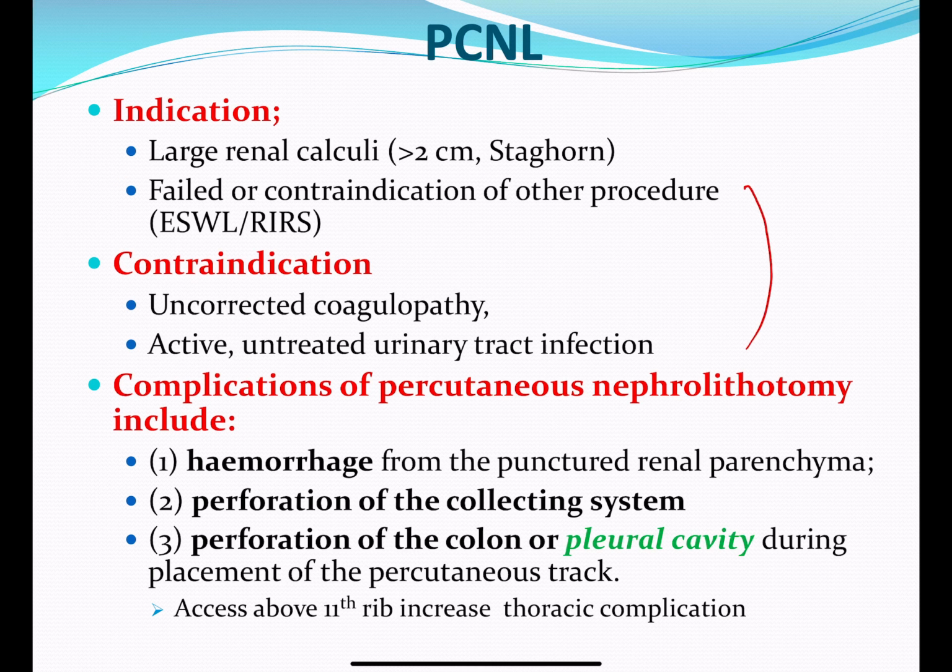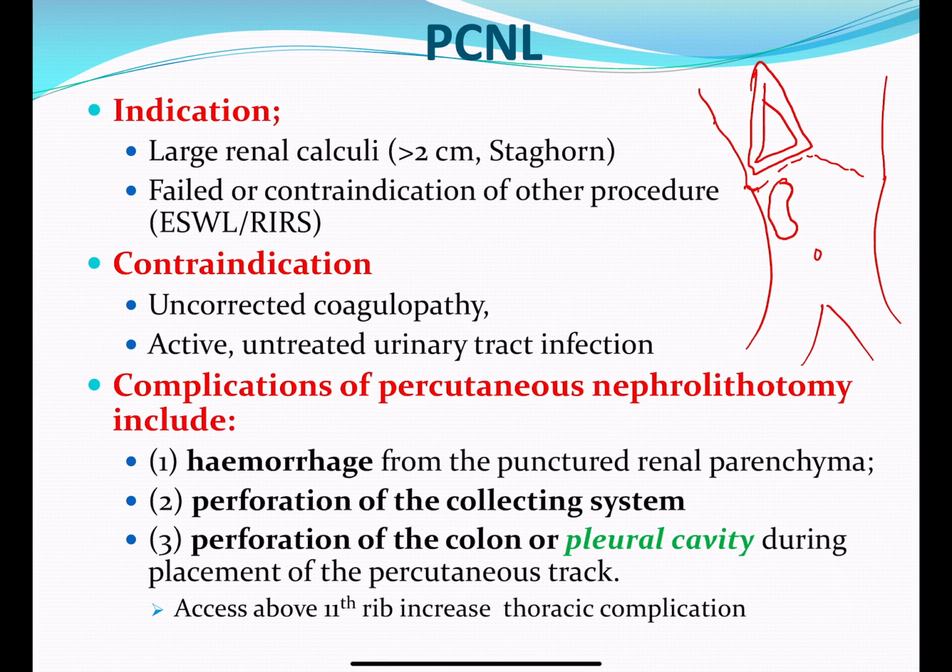Okay, this is the body of the human being. This is the chest area. Fine, so we have lungs over here, the pleura and the lung. There's a kidney over here. We are planning for the puncture of the kidney. And if we always puncture from the back,